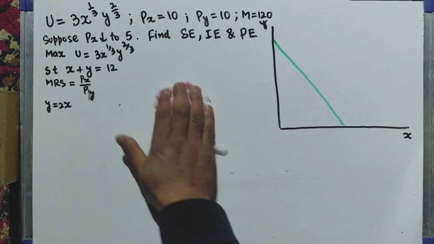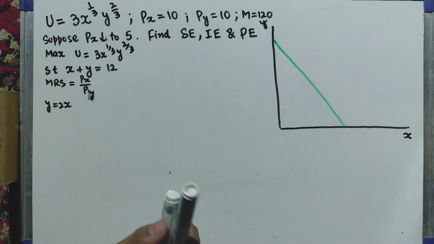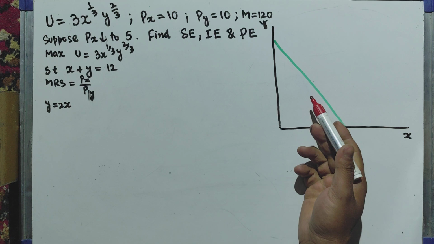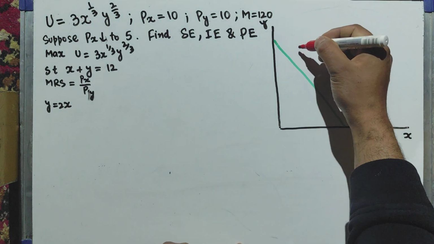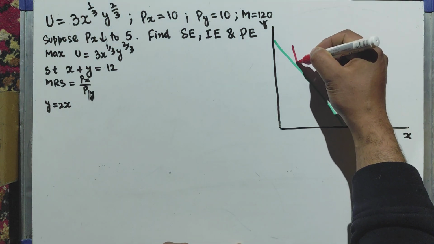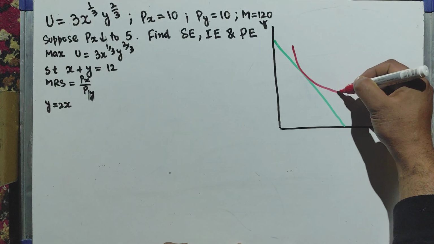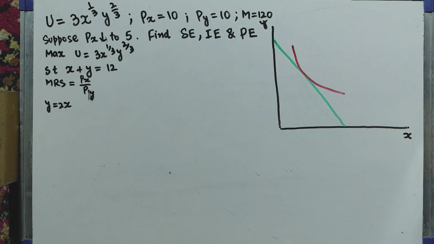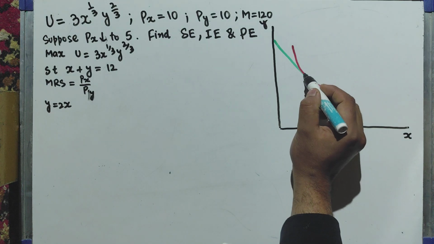So initially the consumer's equilibrium will be, if this is the initial, what we call the initial budget line. So let us suppose, let me draw the initial indifference curve like this. So let us say this is the initial indifference curve. So the consumer is demanding,